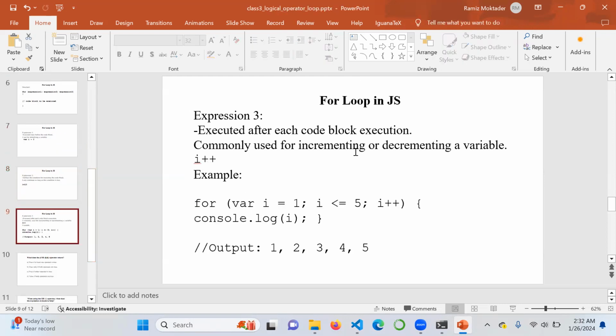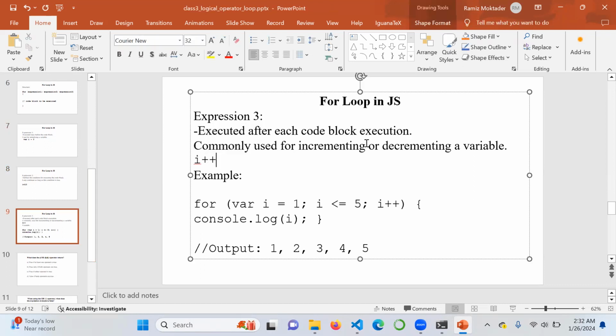Okay, and then expression 3 will be executed after each code block execution. It means after executing the for block, every time the code will come here and increase the value of i by 1. We can also keep a customized value here. For example, we can write i equal to i plus 5, so the value will be increased by 5 each time. Okay, so now let's go to our code and explain